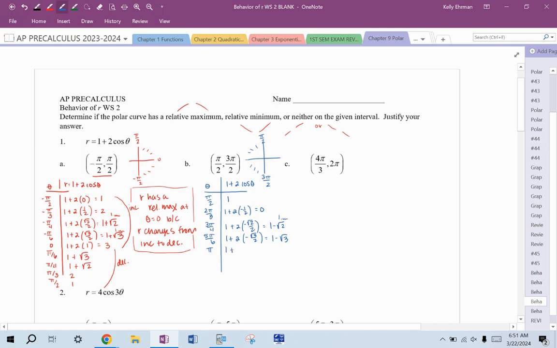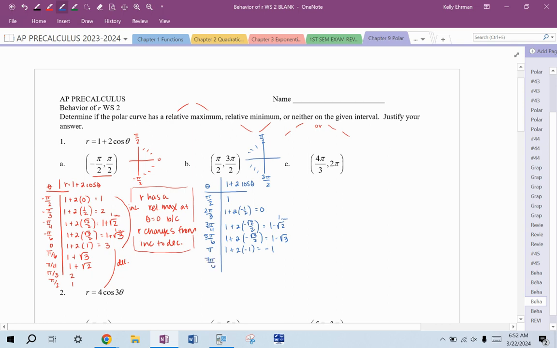Plug in pi, 1 plus 2 times negative 1. So 1 minus 2 is negative 1. So far we're decreasing from positive 1 to 0, to negative 0 point something, to negative 0 point something, to negative 1. And then remember, just use the idea of symmetry, or we're going to be plugging